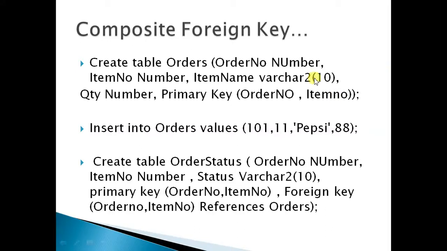You can see that this is our main table, orders. I'm repeating: order number, item number is the primary key because it is composite, so we have created it at table level. This is another table, order status, with order number, item number, in which it is the primary key as well as the foreign key. You can see somewhere I have written capital and somewhere small. It was just by chance, just a nomenclature. Oracle doesn't make any distinction. You can write everything in small, everything in capital, or mixed. So don't worry about this. It is just for clarity. I have written order status in this format, with O and S capital.